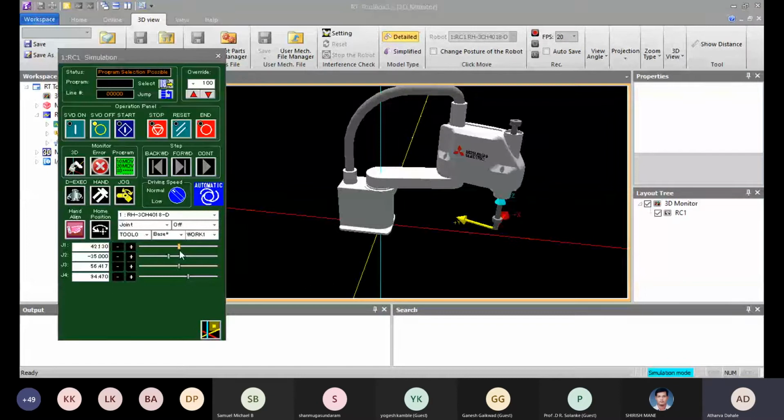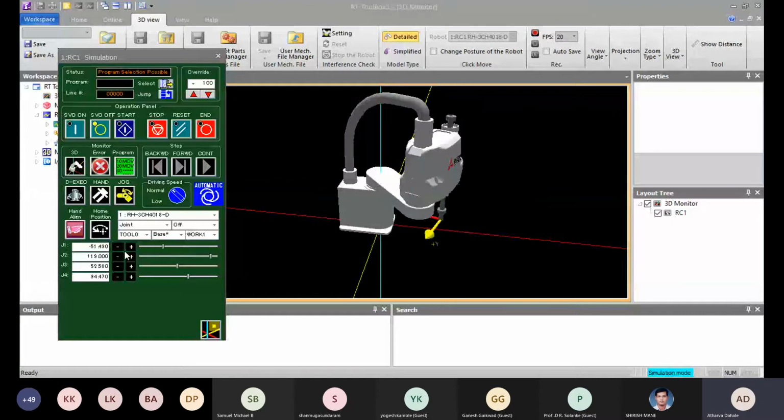If you have moved the robot and you don't keep it in home position after your operation, and if you want the robot to go back to home position, then you have to click on home position here.